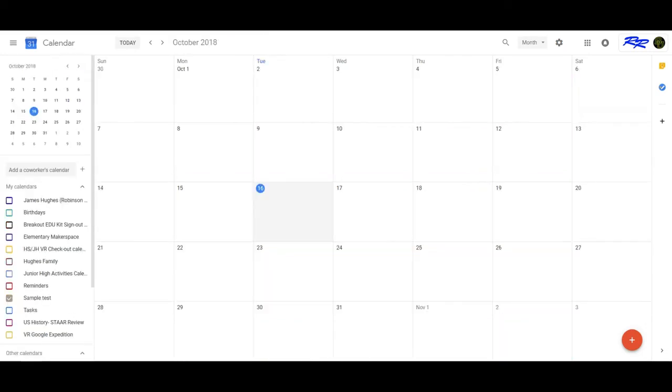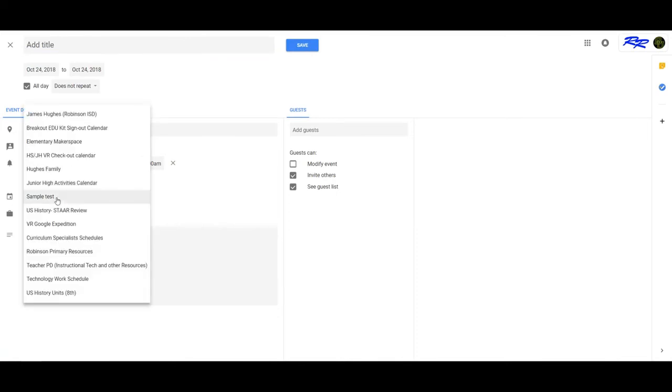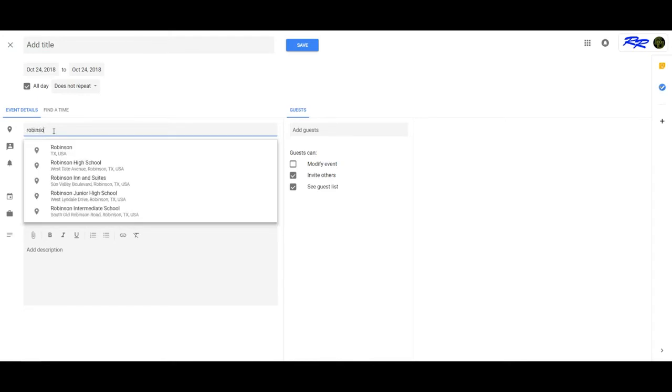Now, if I want to add an event, I can do it one of two ways. I can come down here and hit the red button with the plus at the bottom, or I can click on the specific day that I want to create the event. First thing, I want to make sure that I always select the appropriate calendar. This will allow me to have this particular event on that calendar. I can change the colors if need be. I can set a location